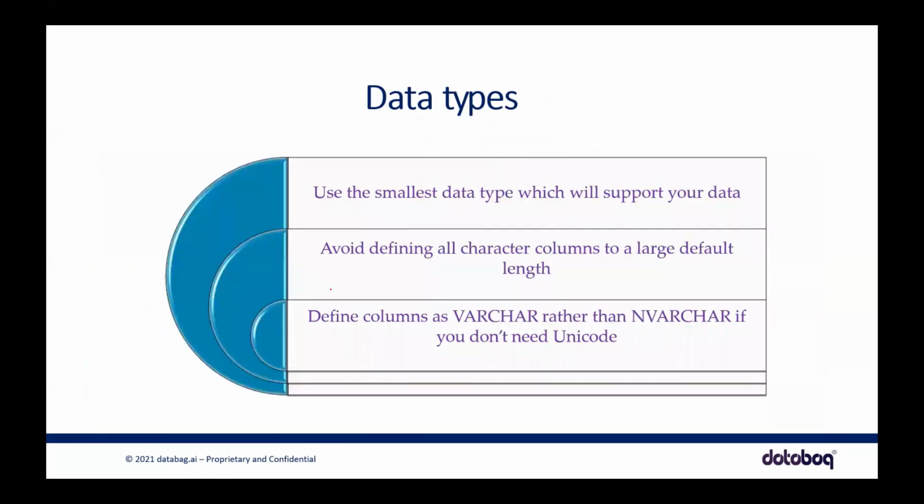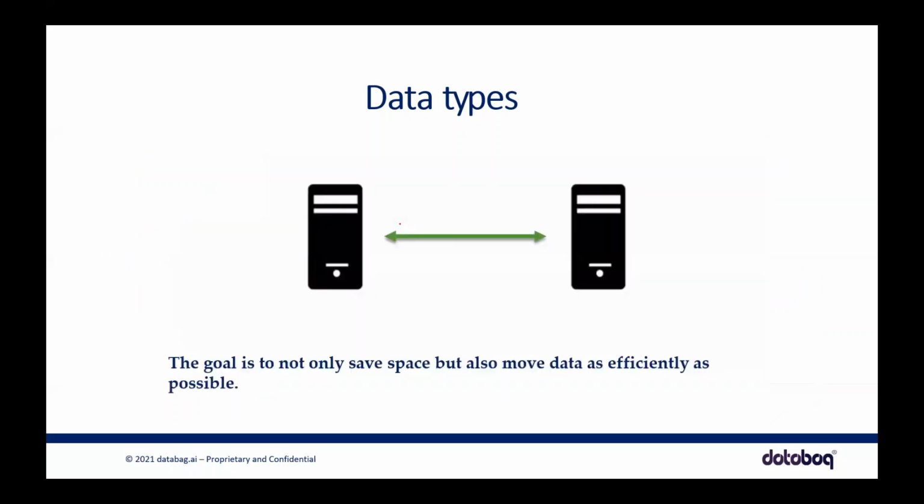Okay, so there are other things when it comes to data types and table types, right? You need to watch out for this: if you are storing only int, use int as the data type. If you're storing only varchar, use varchar. Don't use nvarchar. I know nvarchar also supports that, but by doing this you are occupying more space. I think these are some best practices while designing a data warehouse. So try to use the data type that is needed for your table design. That's what we are trying to say here.